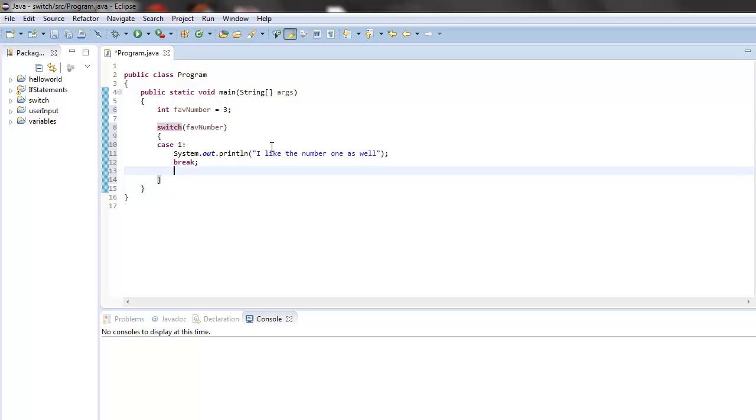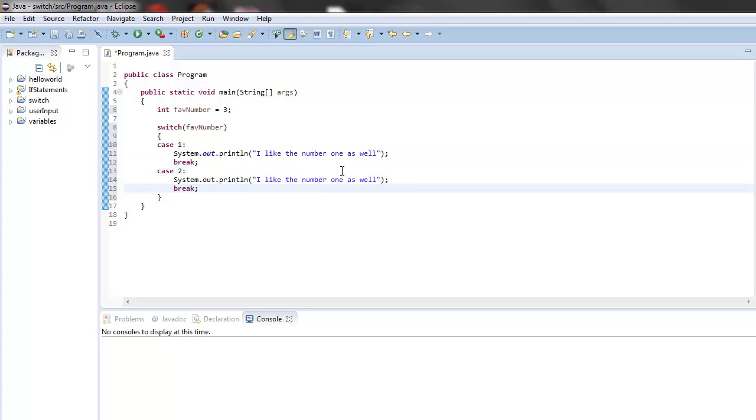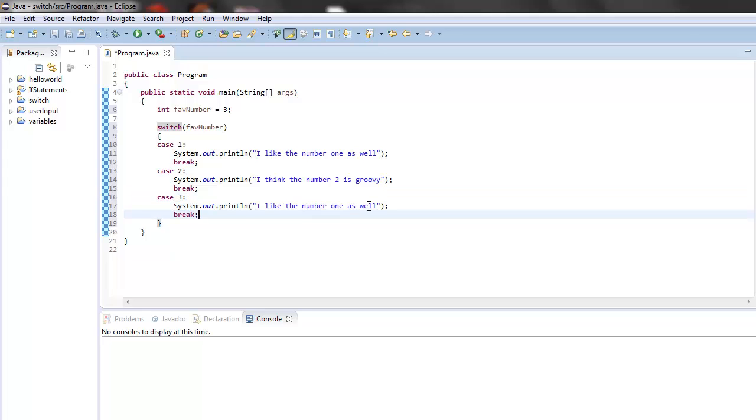So let's make another case. We'll do in case favoriteNumber is 2. We will print out something different. I'm just going to copy and paste it. That's right. I think the number 2 is groovy. And let's do one more test. We'll do in case favoriteNumber is 3. We will print out